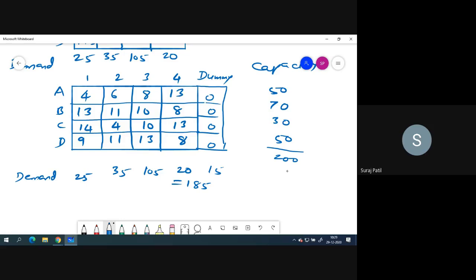Hello? Hello? Yes, sir. Yeah. So how to make the given unbalanced supply and demands to a balanced supply and demand? So depending upon which value is less, we need to add that particular row or column.